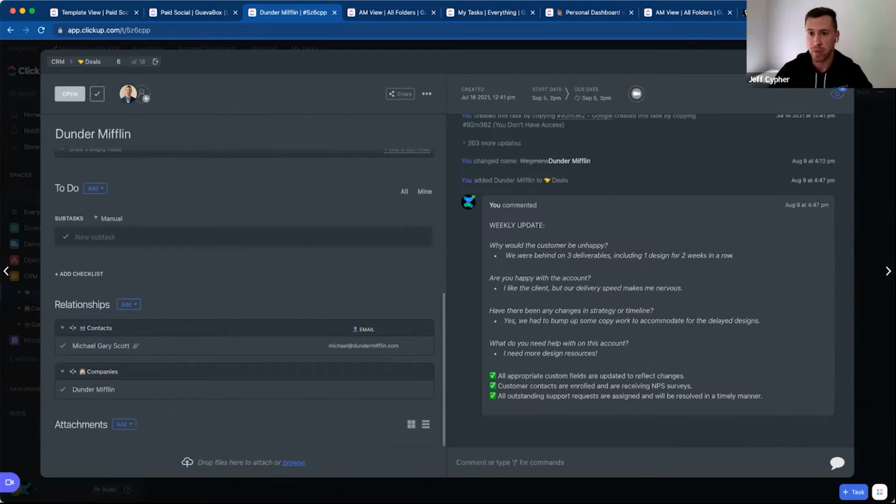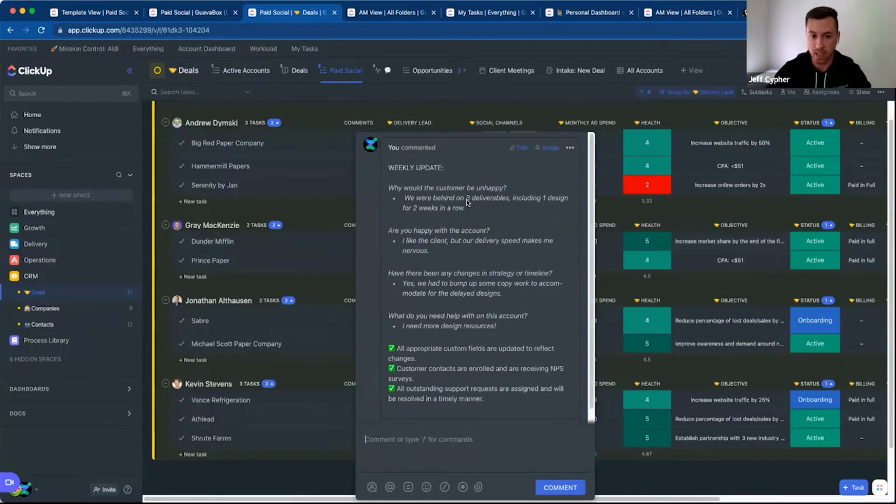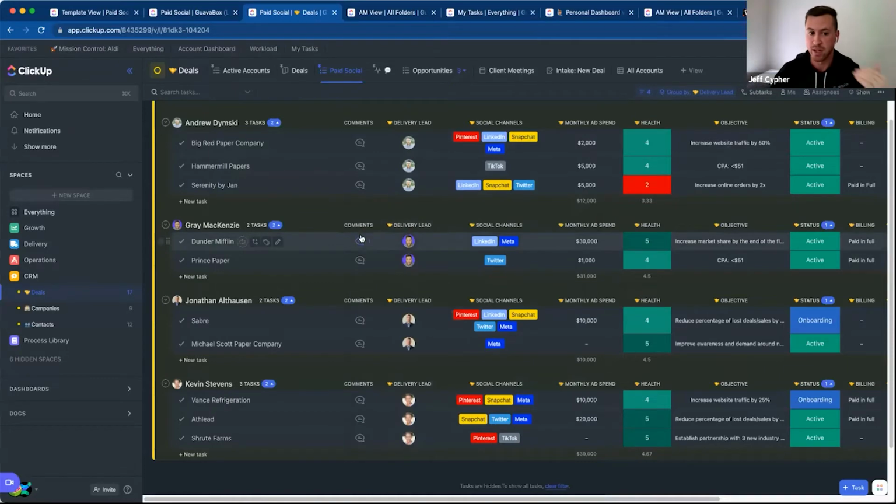In addition, one thing that we'll have account managers do, as you saw in that, is Gray every single week is going to be asked to fill out a weekly update. And he's going to go through and just say, hey, why would the customer be unhappy? Are you happy with the account? Have there been any changes to strategy or timeline or things like that? He's going to fill it out, and that's going to leave us a nice running log of all of his